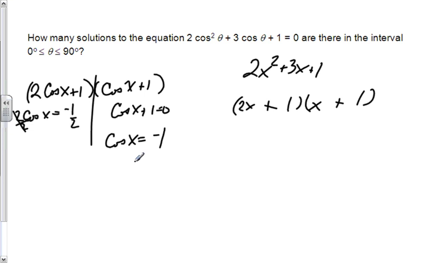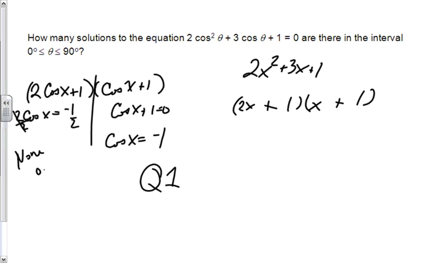All right, so now we're going to say to ourselves, how many solutions are there? But the only catch is it's between 0 and 90. What it's asking for is, how many solutions are in quadrant 1? Now remember, you can be 0 and 90, so that might throw something off, but let's see what happens. Now, cosine is negative in quadrant number 2 and 3. Well, if it's negative and it's in 2 or 3, it's not in 1. There are none